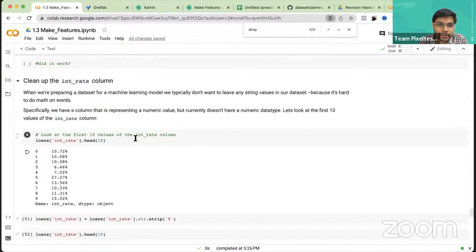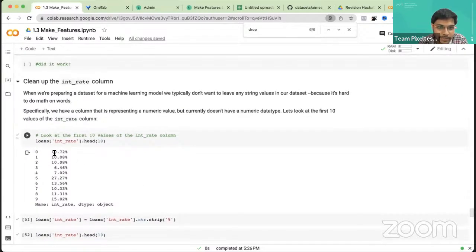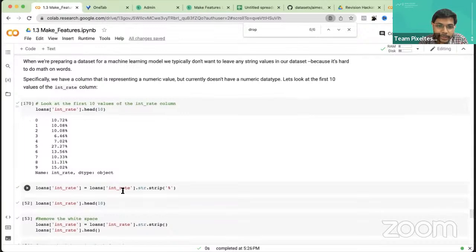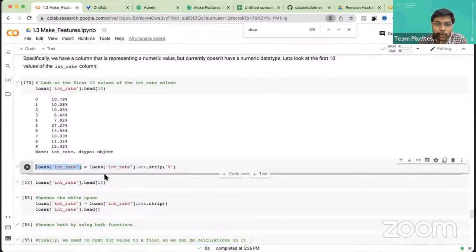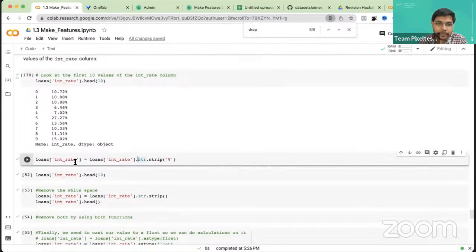So what we are doing here is, here we have interest rate, and we are saying change the old interest rate column to interest rate dot str dot strip, right? So here we are specifying a string operation. That is the very reason we are saying dot str. And when you do this